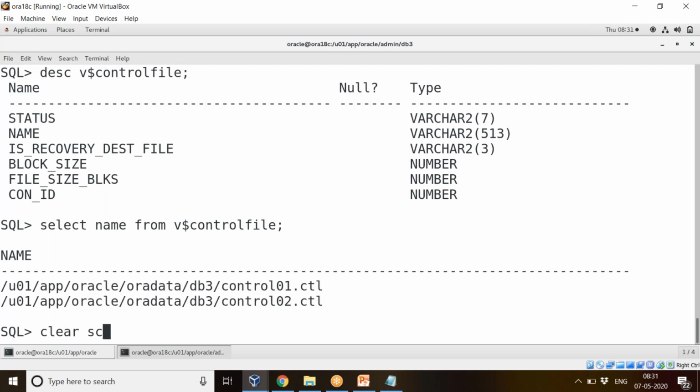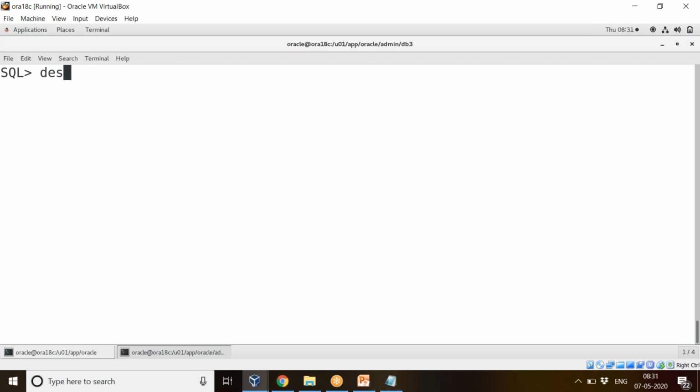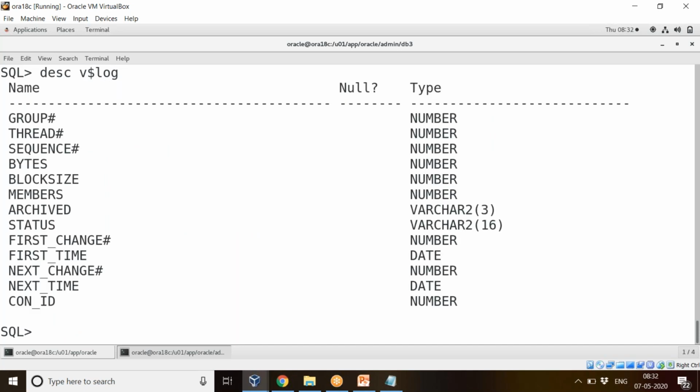so if I want to check, that is describe $v log, means I want to check about the whole redo log groups, means I can check this.